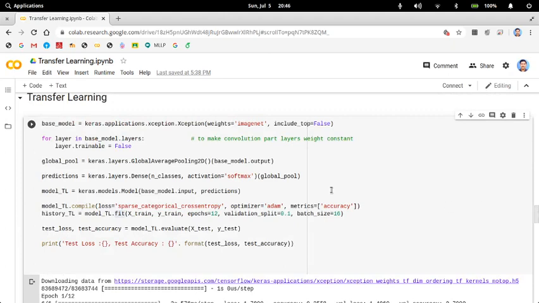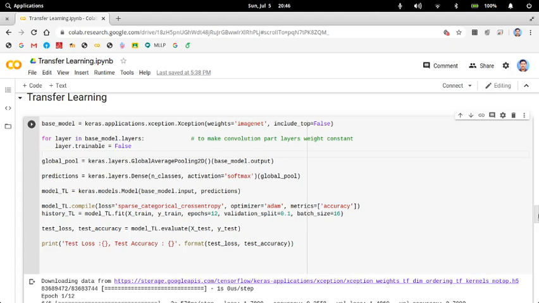The idea of what we have done is, you have taken the weights from the Xception database and created a layer, and we set all the layers in the base model as non-trainable. Only the part which we have created is trainable.